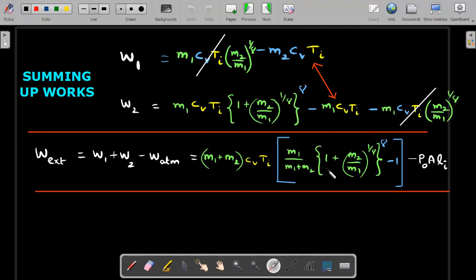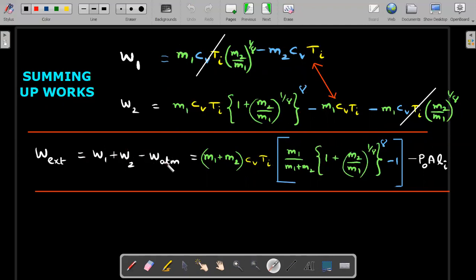But this is not yet the answer, because if you go back to the piston is being pushed by external agent and atmosphere. Work done by the gas is equal to work done on the gas in negative value by all the external agents. What are the 2 types of external agents? The person who is pushing it and also the atmosphere. Since he asked only the work done by that person, the whatever W1 plus W2, you have to subtract the